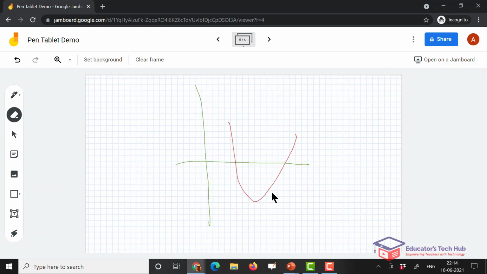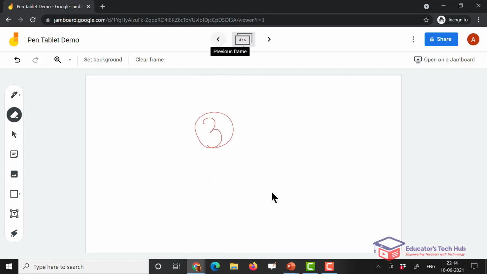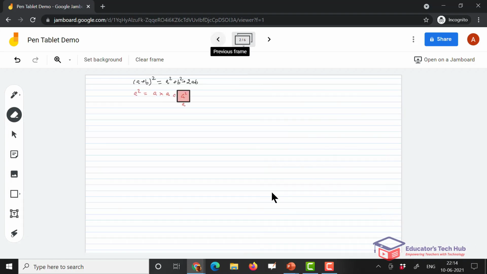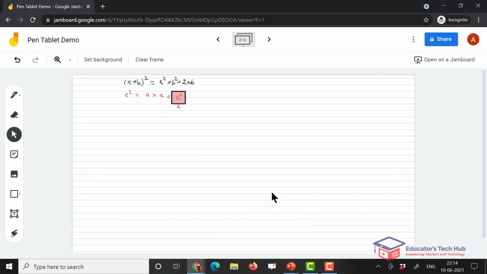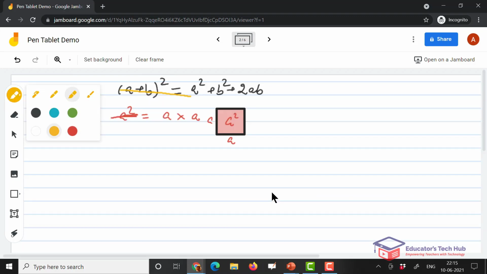We had also seen that the pen is also a highlighter, so let us see how we can utilize it as a highlighter. So let me choose a highlighter here. So you've understood using a pen tablet with a Jamboard.